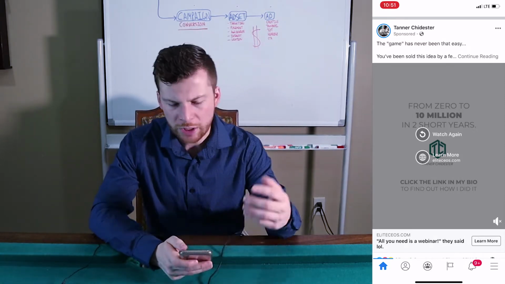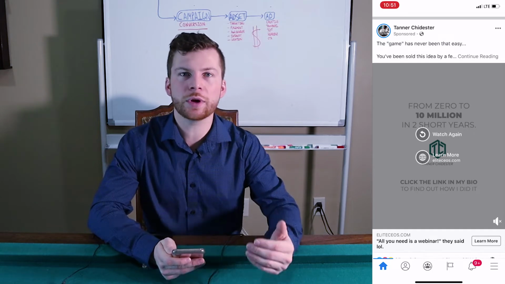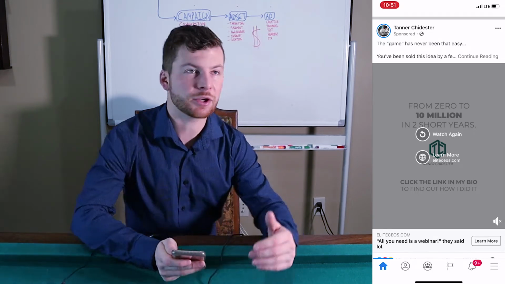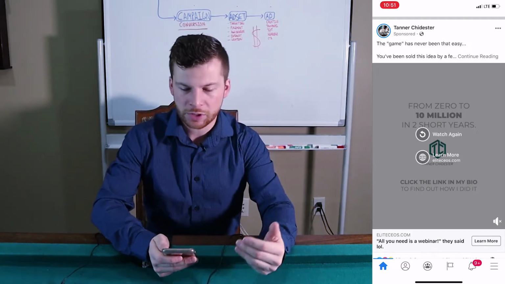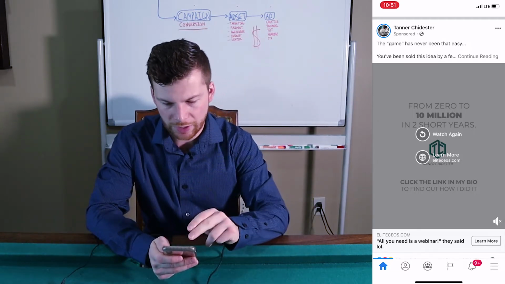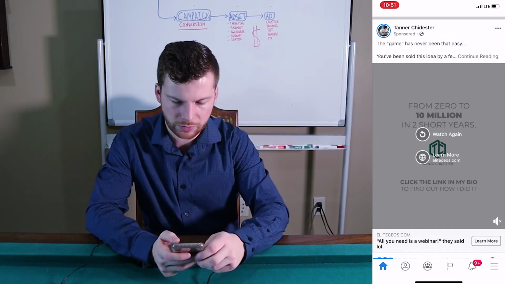So we got Tanner here. Here's the elements of the ad, okay? He's going to run this ad from a Facebook page, okay? You have to have a Facebook page, you have to have an ad account. Once you have that, you can run ads. Now, Tanner's Facebook page is Tanner Chidester or Chidester, whatever his name is, okay?